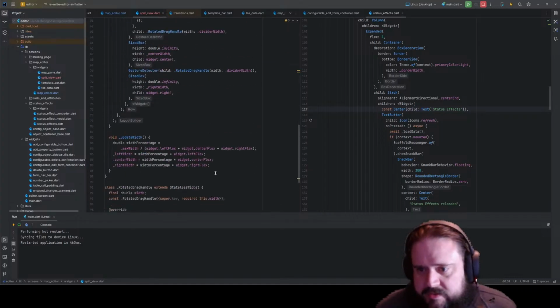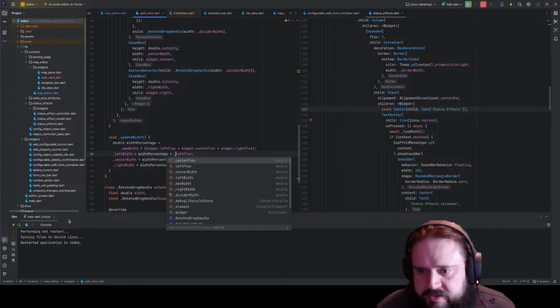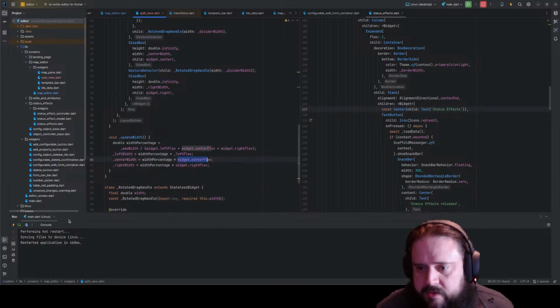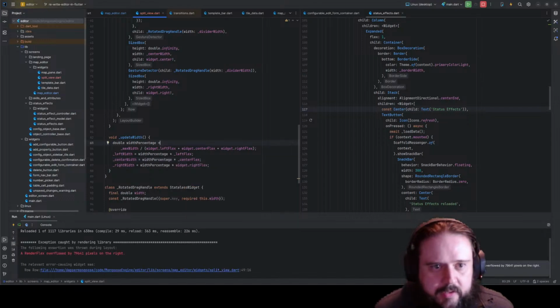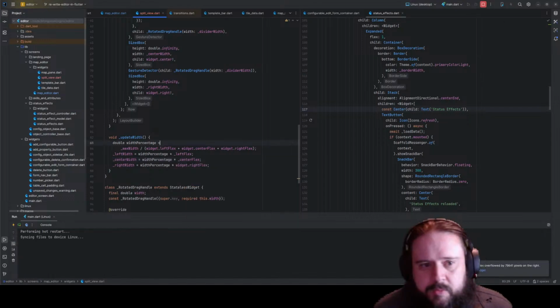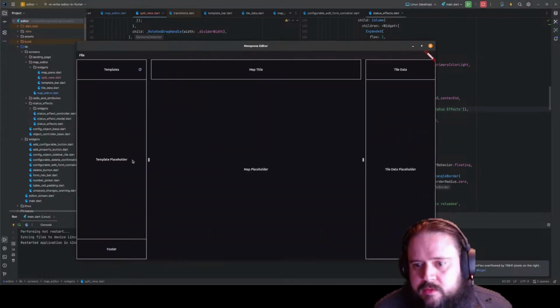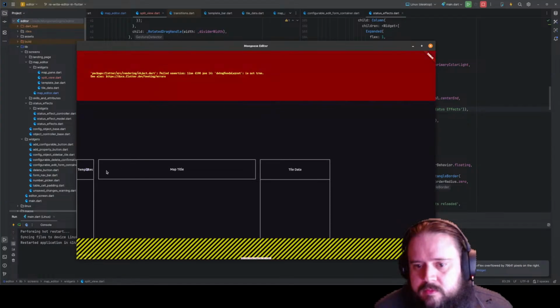Oh, it's because we need to change that to that as well to use the instance. Okay. That broke everything. Let me rebuild. There we go. Oh, okay. Well,